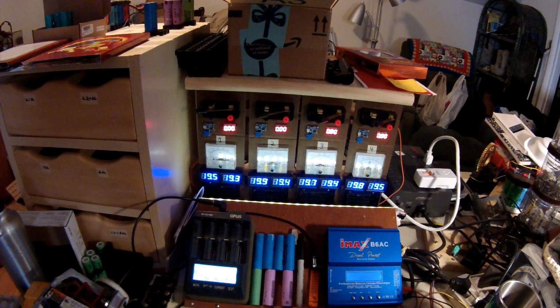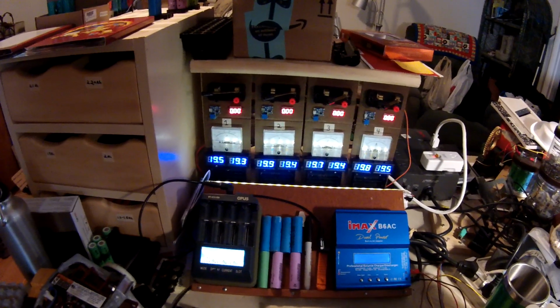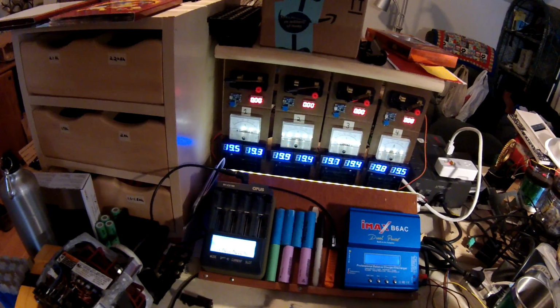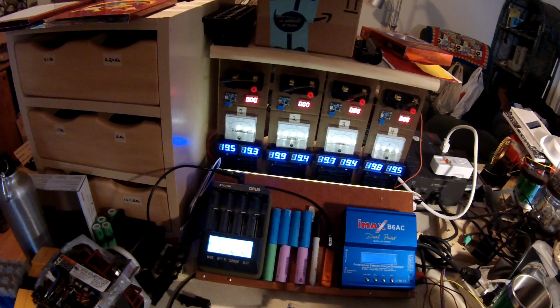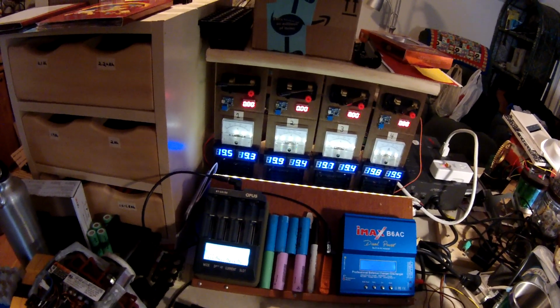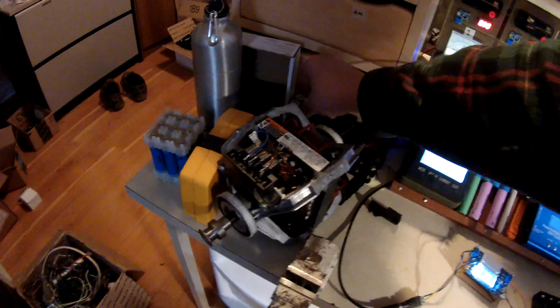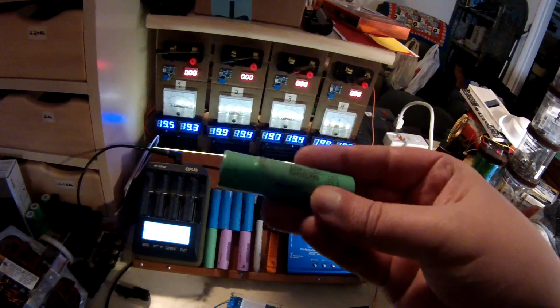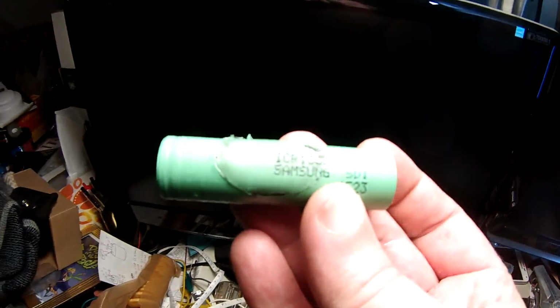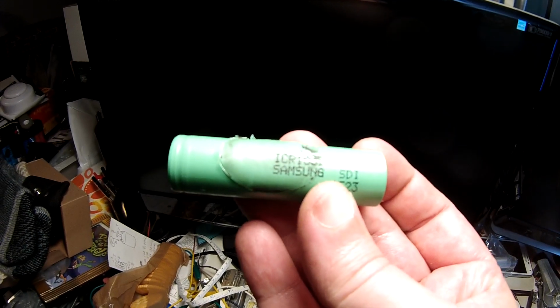Hi folks, I'm going to start a video on the homemade battery, and I figure let's just start at the beginning, which is testing the individual cells. I got a whole bunch of these, Samsung ICR 18650 22F. Anyway,